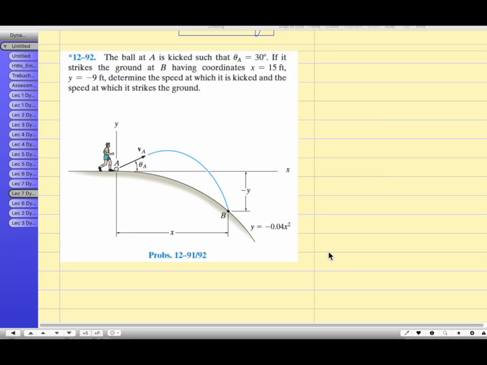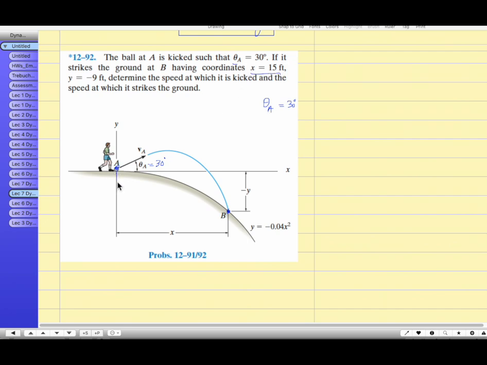Okay, the question states the ball at A is kicked. So this is the launching pad, or the kicking instant. So theta A is given, which is 330 degrees. Okay, this theta A is given. That's good. And if it strikes the ground at B, so if it lands at point B, having coordinates,